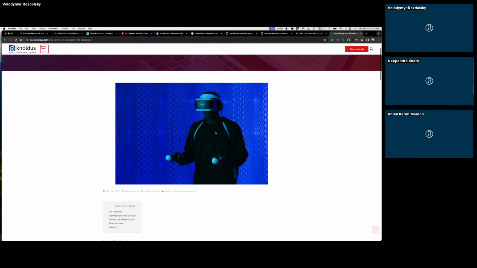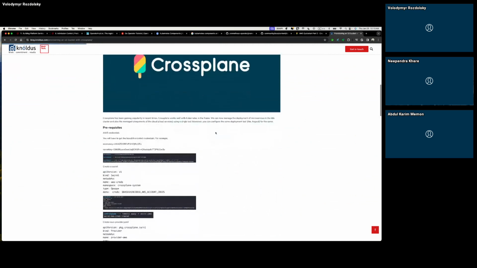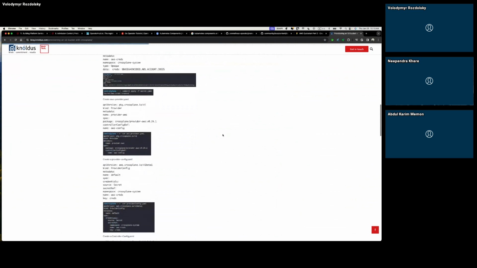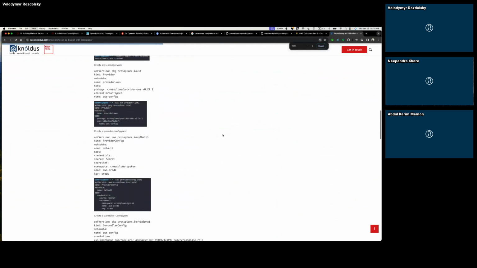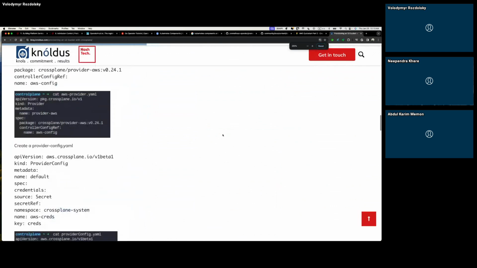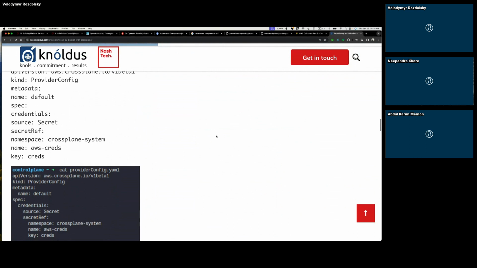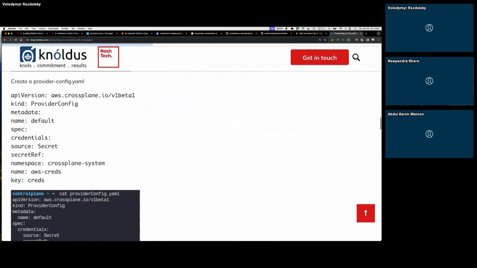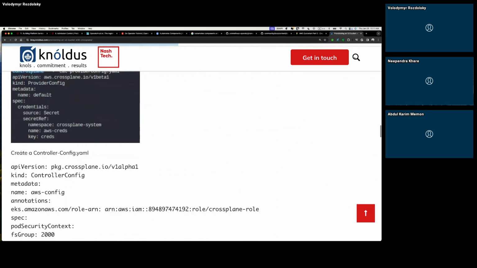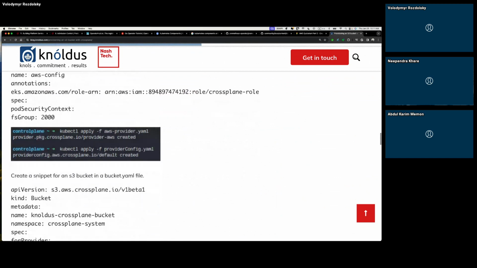So if you scroll down, yeah, scroll down, provisioner config. Yeah, so this blog basically covers how to install and configure Crossplane, but then there's a bucket example as well. Yeah, this is the bucket example.